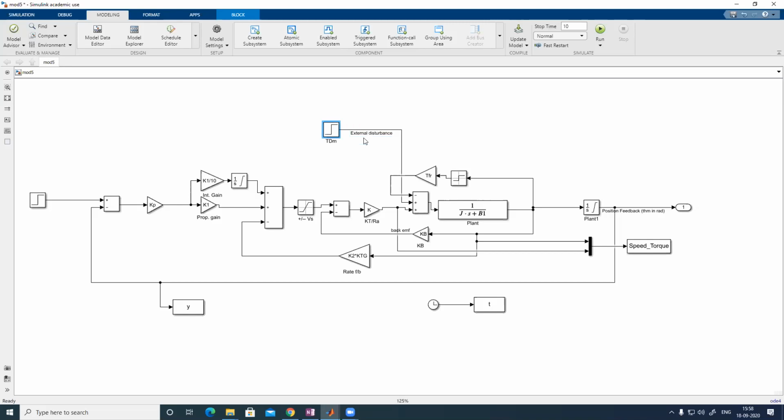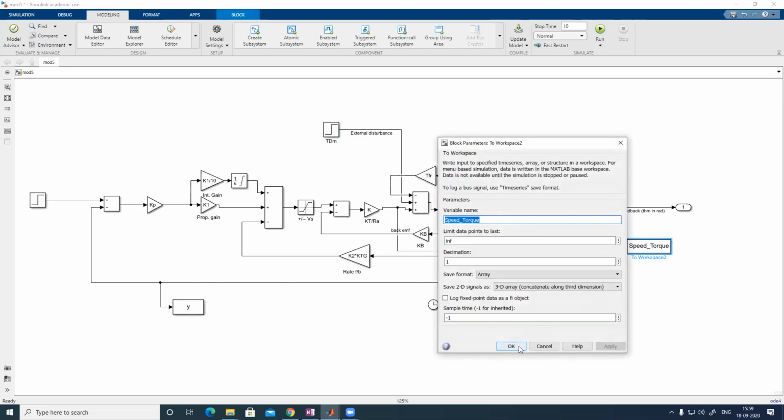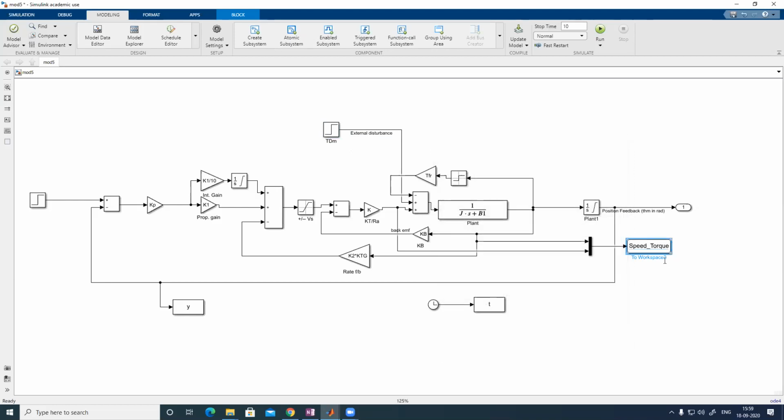Sir, can you show that speed torque? Speed plot? Torque you cannot do now, you can do it next week only. But while simulating, it will also give speed and torque. Yes, sir, that's what I want. This is the To Workspace option only. The variable name I have changed to that. Whatever this Y and the T, this one is also a workspace option.